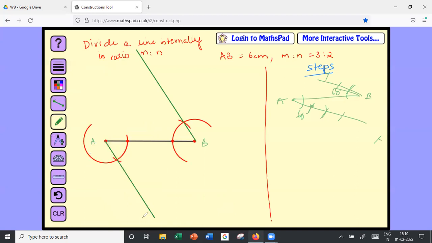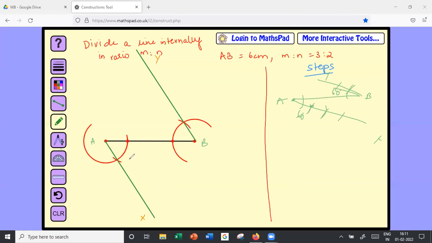Let me label this as X and this is Y. Both of these are 60 degrees. If you measure with a protractor, you will get it. So if you are getting confused with which angle, how to draw the angle, you can use this to copy the angles. But you can use this only in this method. It won't work in the previous method because for B to X, whatever line you're joining, you have no idea what angle that is. So that doesn't really work there. But in this one, it will work.